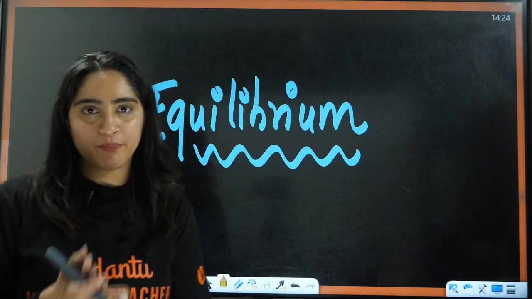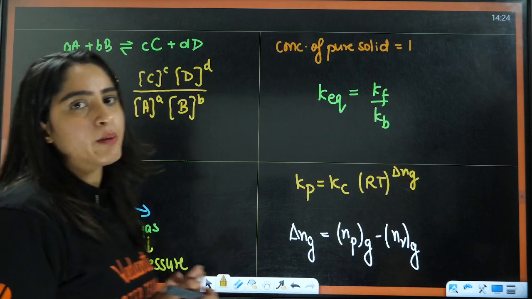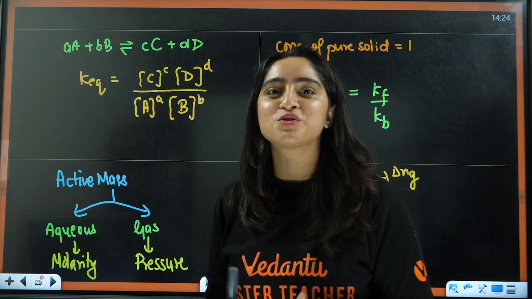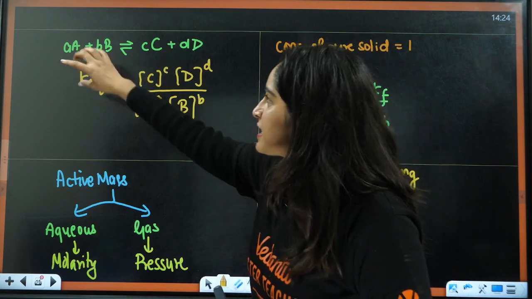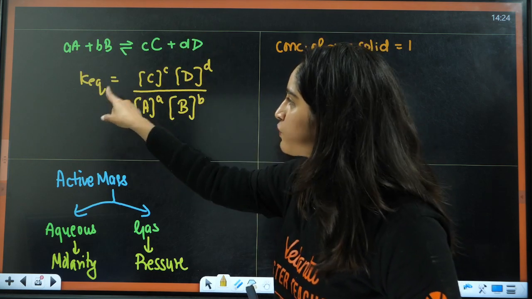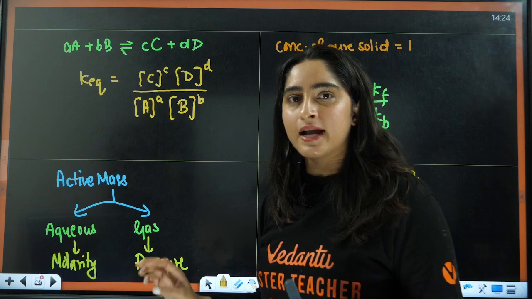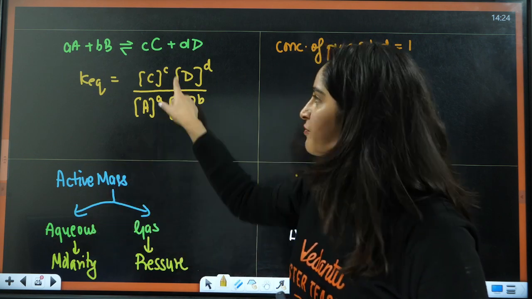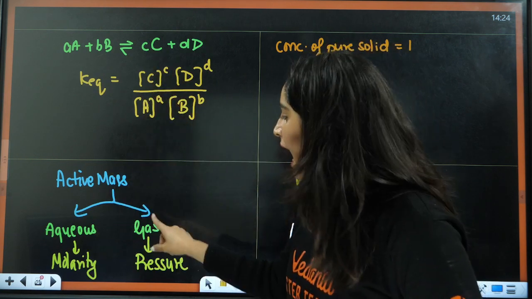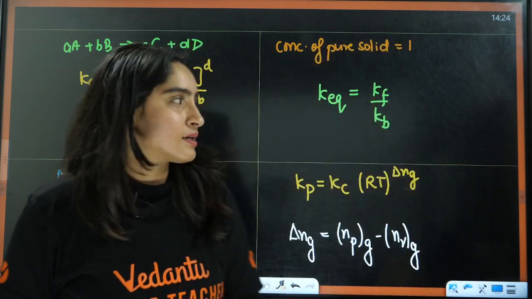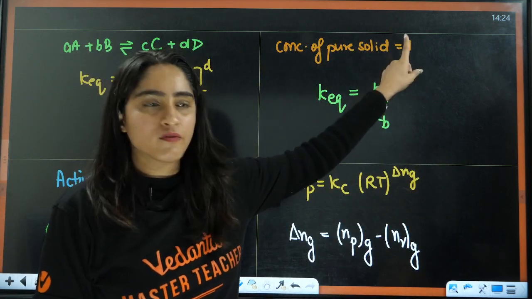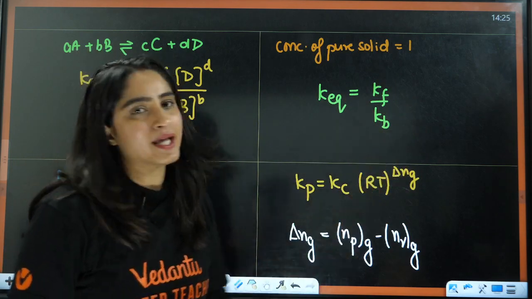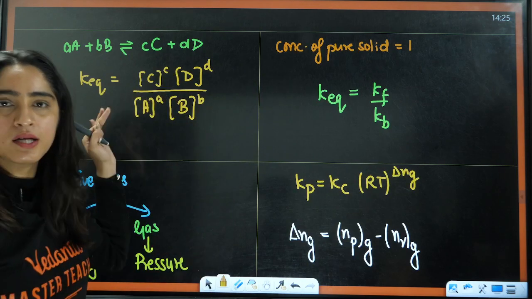Next, the chapter is equilibrium. So let us start with this chapter. For equilibrium, you have this equation. It is a very easy, very simple chapter, yet students find it very difficult. All you need to do is practice, practice and practice, right? So you have this equation according to the law of mass action. This K equilibrium will be equal to products divided by reactants, raised to the power of their stoichiometric coefficients. Then the active masses, maybe in aqueous medium, you will take the active masses. This will be the concentration, that is molarity. And for gases, these things will be the pressure, right? Next, the concentration of a pure solid is always taken as 1, very important. Now K equilibrium is also equal to K of forward reaction divided by K of backward reaction. That is how we got this particular law.